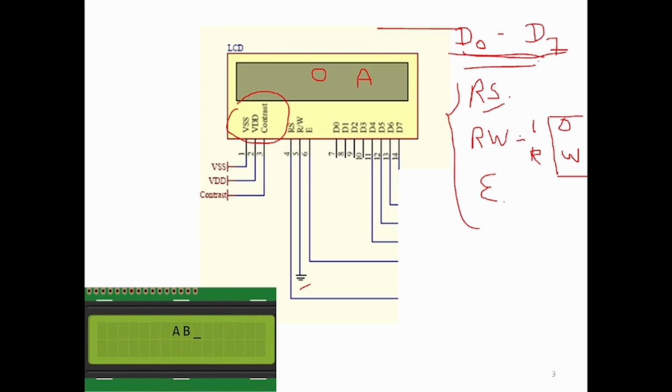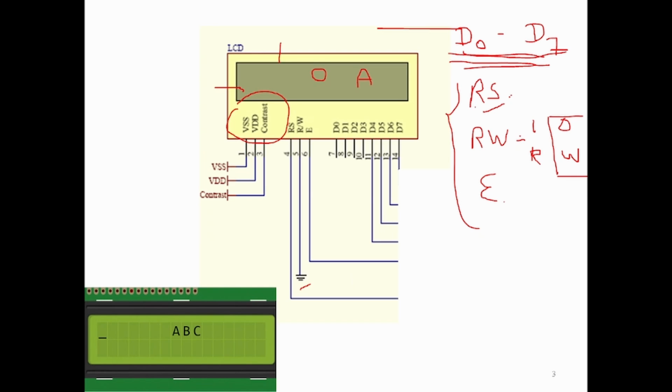is data. But if I want to configure my starting position at this place, or if I want to configure that my character should start from the second line, that is what we call a command. Using a command you can configure this thing. So if you want to write a command, then also we have these common 8 pins, but at that time RS will be 0.